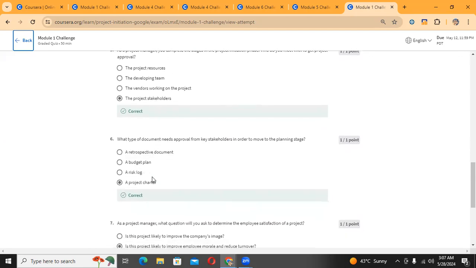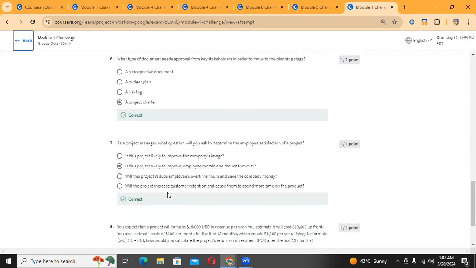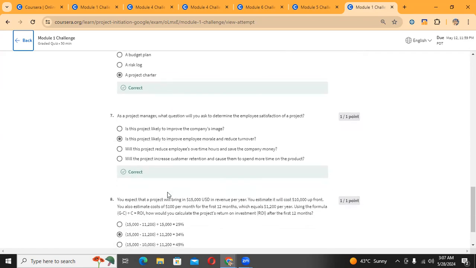And in the sixth question, the answer is a project charter. The project charter is a document that outlines the project objective, scope, and key stakeholders. Approval of the project charter is necessary to proceed to the planning stage. So the seventh correct answer